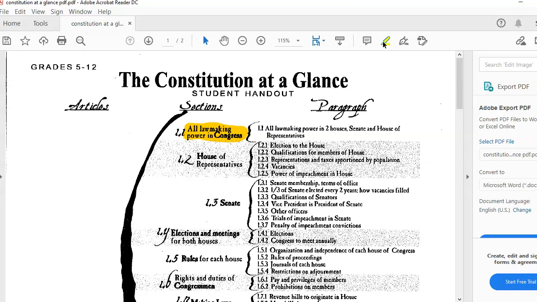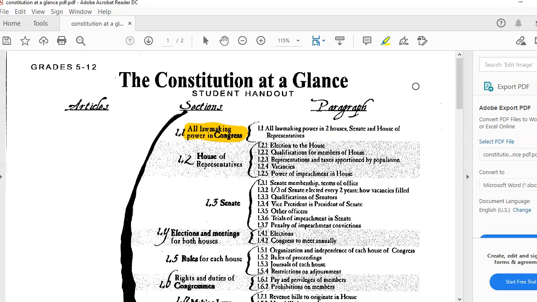So for the articles, they are not the same as amendments. The articles are separate sections. Amendments are more of additions to the actual Constitution. So we're going to talk about articles first, and we'll talk about amendments last. All right, so the articles that we want you to know,